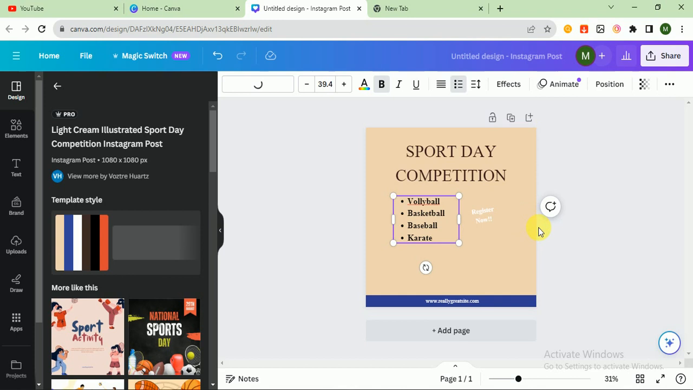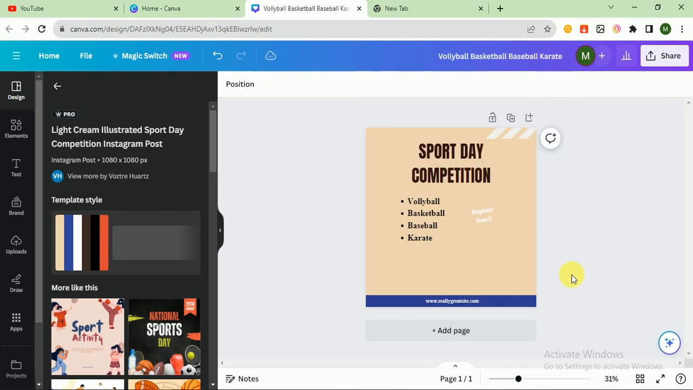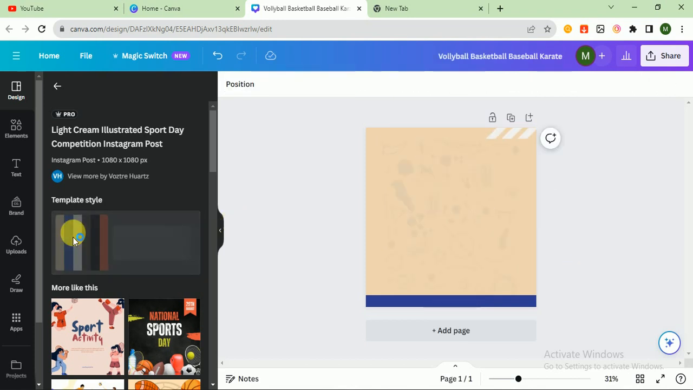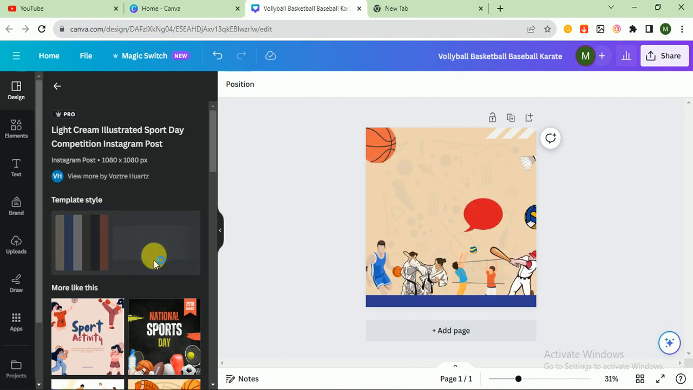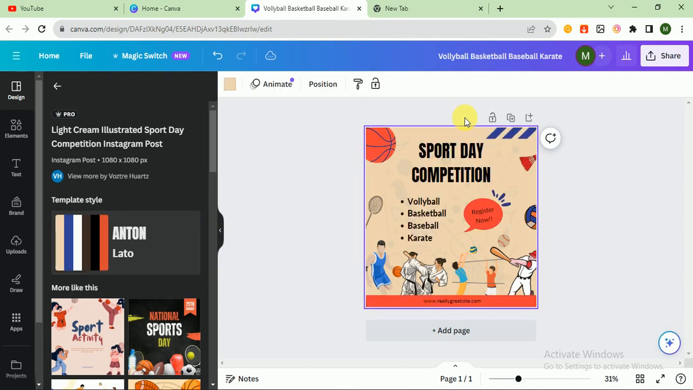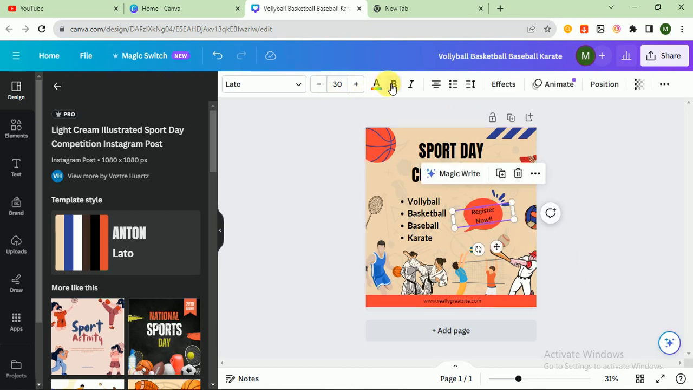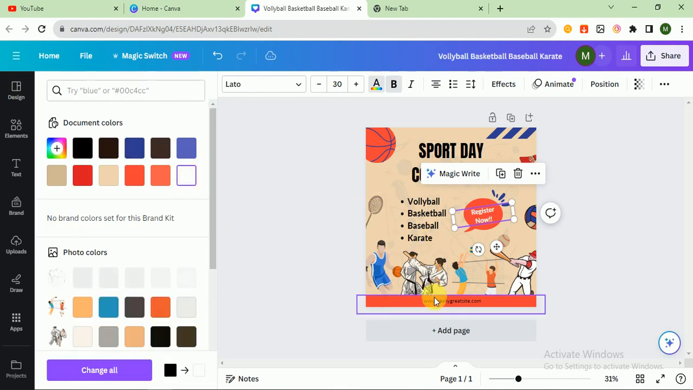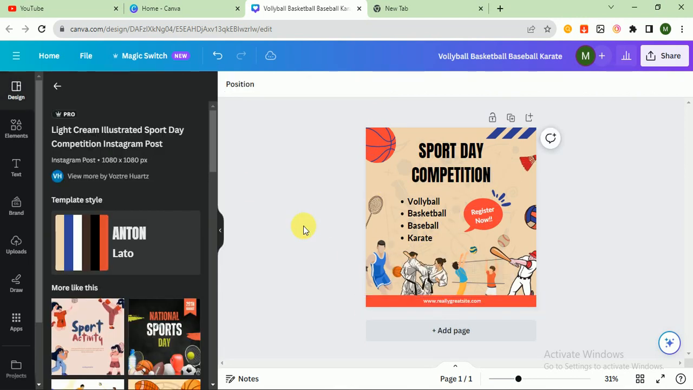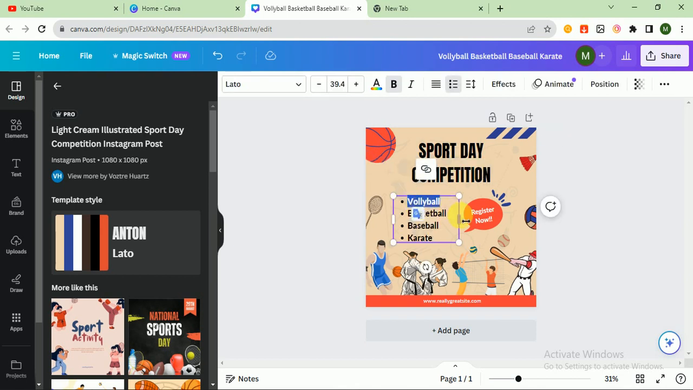You can also change the template style. I change the template style, and it is loading. Wait for some seconds. It depends upon the internet speed. So first of all, I would like to change the color of this font, because white looks cool on red. After that, I would like to change the sport, cricket,